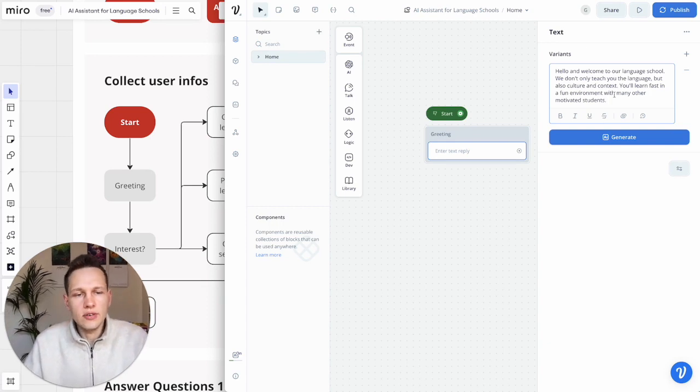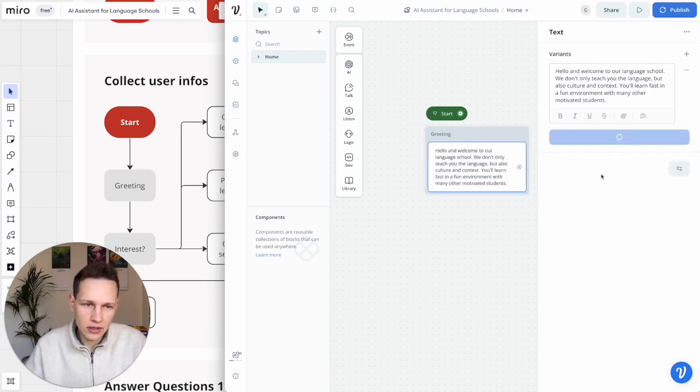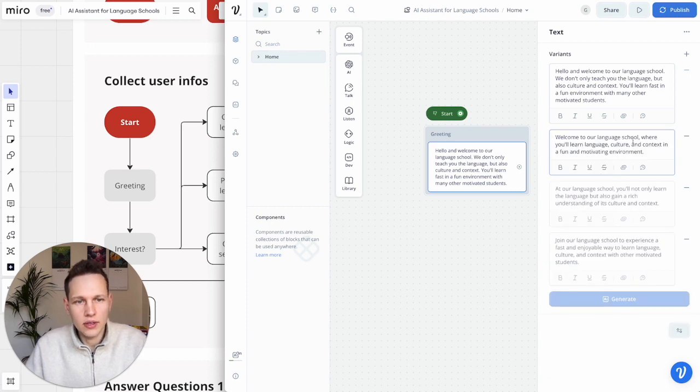And then what's interesting here, after we have one text, we can easily use this generate function here to get more variants. So let's see if I press generate 3 variants here. What this Voiceflow software here will do, it will just create options that should have the same meaning but sound different. So for example, welcome to our language school where you'll learn language, culture and context in a fun and